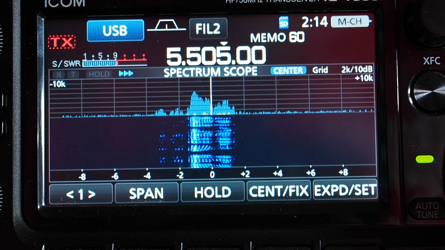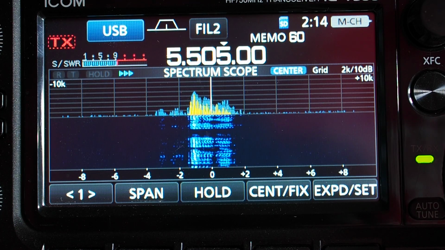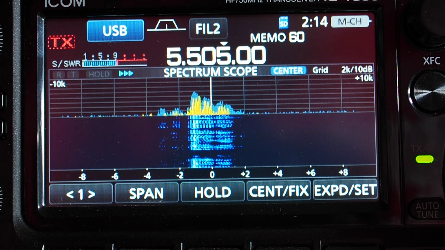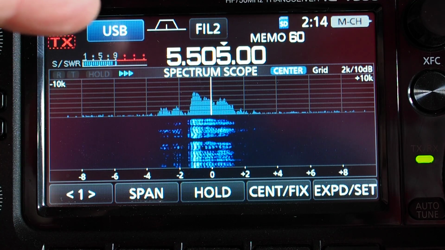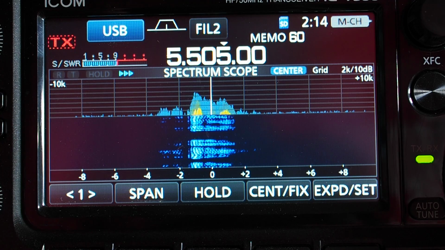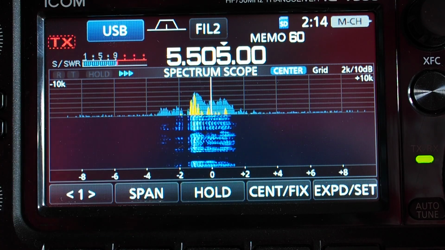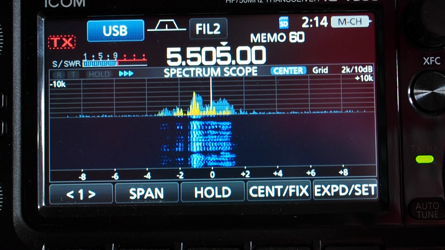Okay, now I'm tuned to 5.505 megahertz, and settings are identical apart from the fact that I'm set to receive in upper sideband where I was in AM before, and we've got a signal here, and the reason I've picked this one is this is